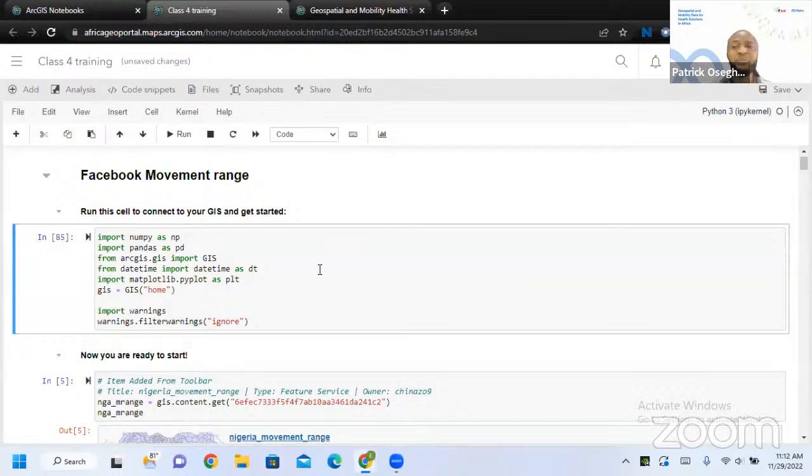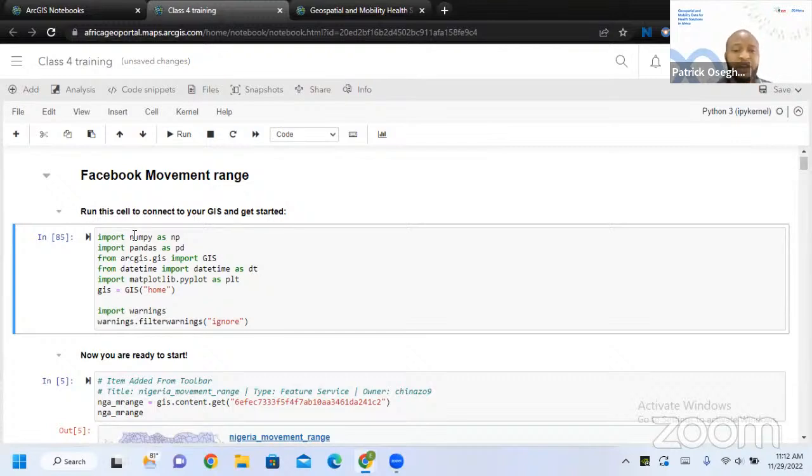As you can see, I'm using some Python functions, and they're already pre-installed. One good thing about this web interface is that if there is any Python library you want to use that is not already installed on the kernel, you just have to pip install it. Once you run the pip install command, it installs it and you are ready to use it. But the functions I have right here have already been pre-installed.